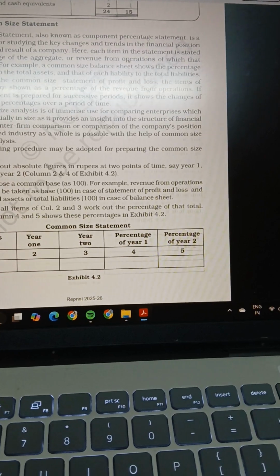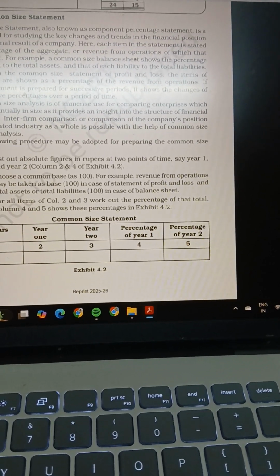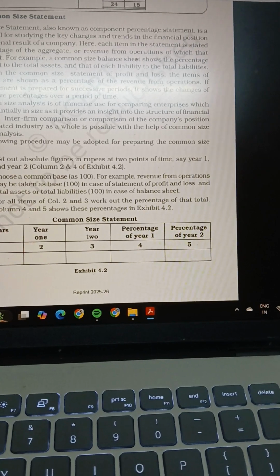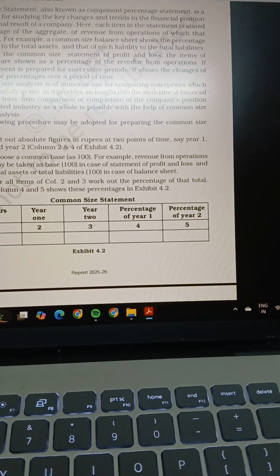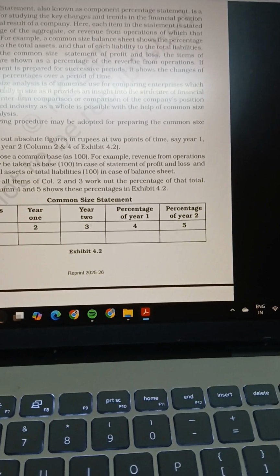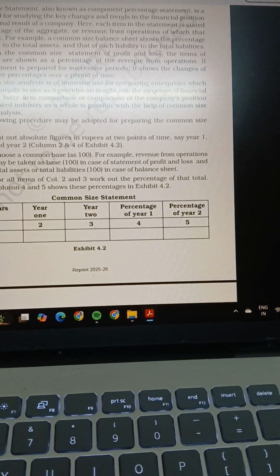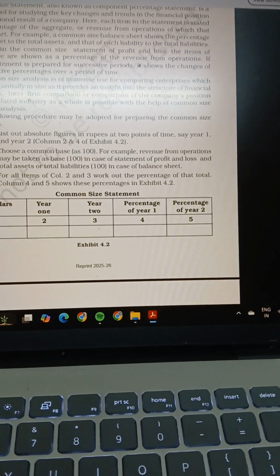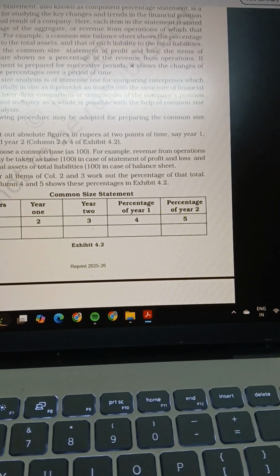First, we have to list out the absolute figures, that is the exact figures in rupees, at 2 points of time, say year 1 and year 2. Then choose a common base. The base is to be taken as 100. For example, revenues from operations may be taken as base 100% in the case of the statement of profit and loss, and total assets